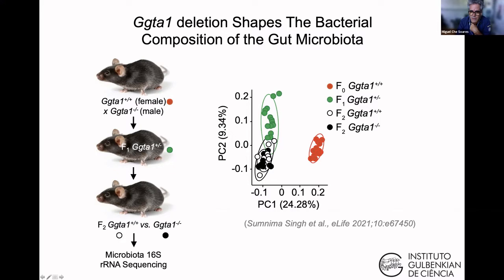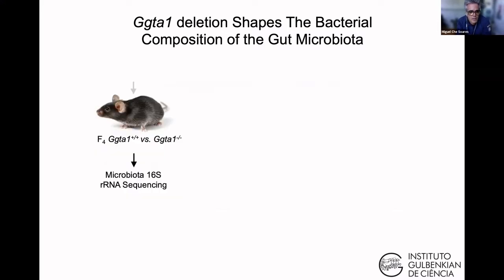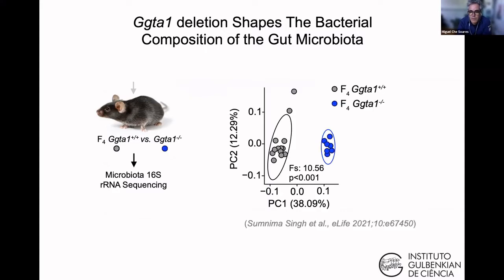These guys here now, they have a normalized, let's call it, microbiota. So when we do this and we keep maintaining the genotypes separate between themselves through several generations until here, until F4, we see actually that the microbiota starts segregating. So it doesn't mean that it's really the genotype that is imposing the segregation of the microbiota composition, but